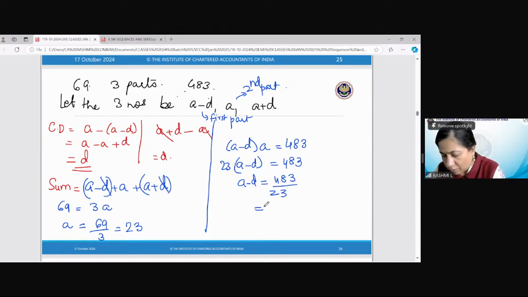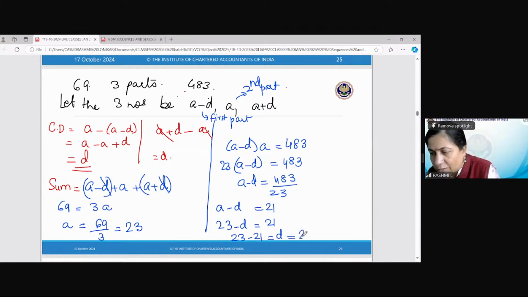483 divided by 23 is 21. So a minus d is 21. a I already know is 23. 23 minus d is equal to 21. So d = 23 minus 21, which is equal to 2. So I got,